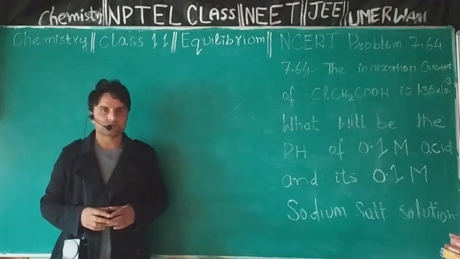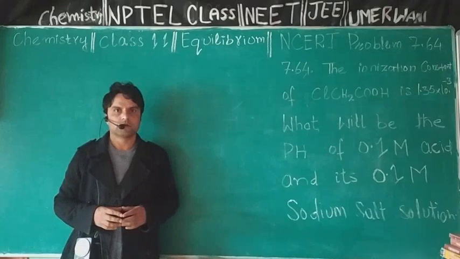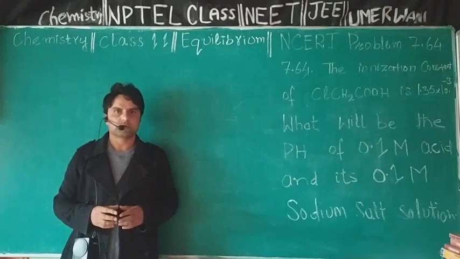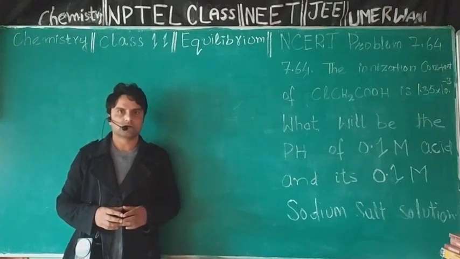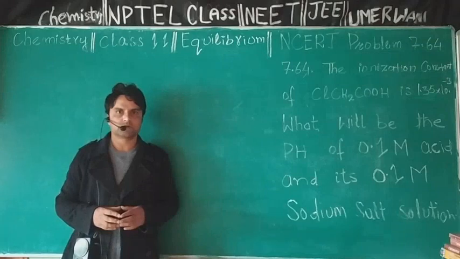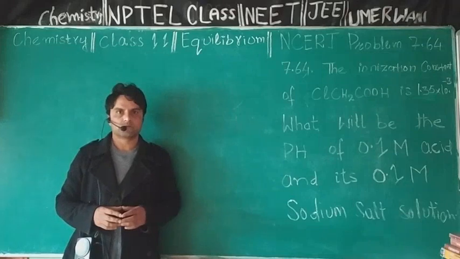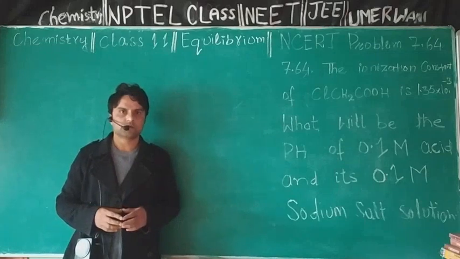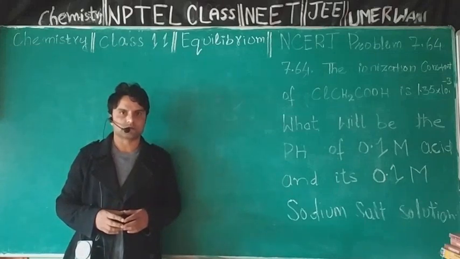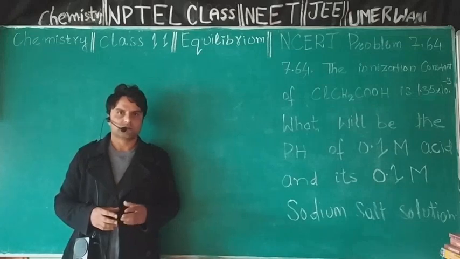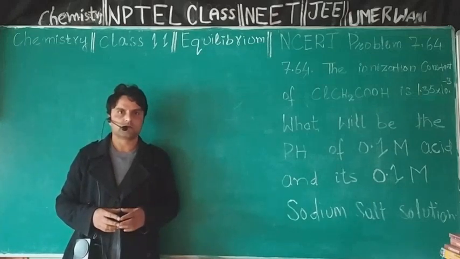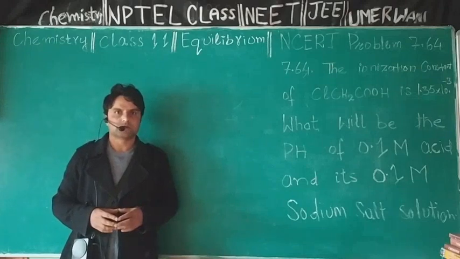For that, you must know that chloroacetic acid is weak acid. Molar concentration of H positive ions in its solution will not be equal to its molarity. It will be less than its molarity, calculated by formula C alpha, where C is its molar concentration and alpha is its degree of dissociation. Molar concentration is given, and alpha we can express in terms of acid dissociation constant and concentration using Ostwald's dilution law.